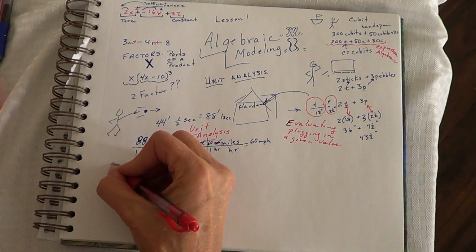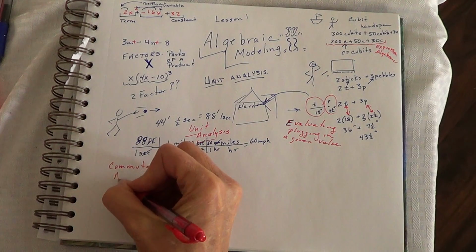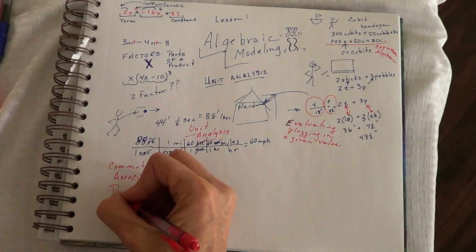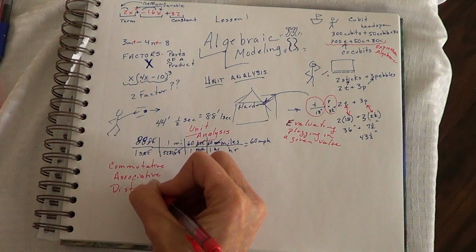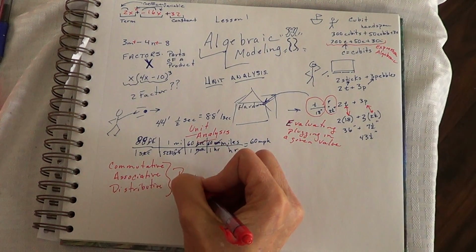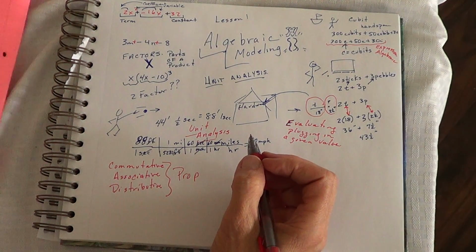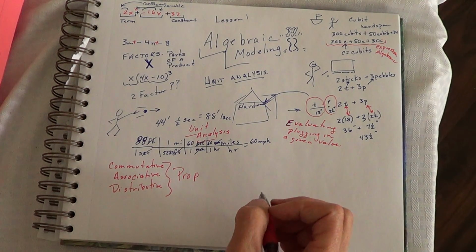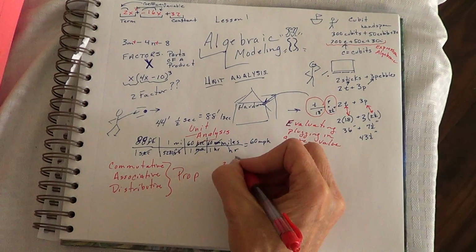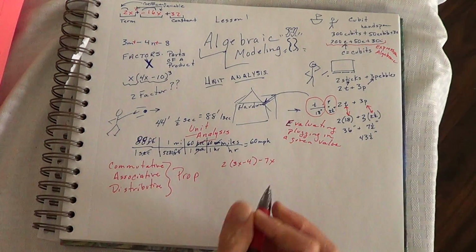The other thing that you'll be doing is you will be practicing with our properties. Super important that you know commutative, associative, and distributive property. These are all the properties. Now, I'll be honest, I use these mostly at the front of the room. When we start working on problems, I might say, okay, what's the first step in simplifying this expression? Because that one